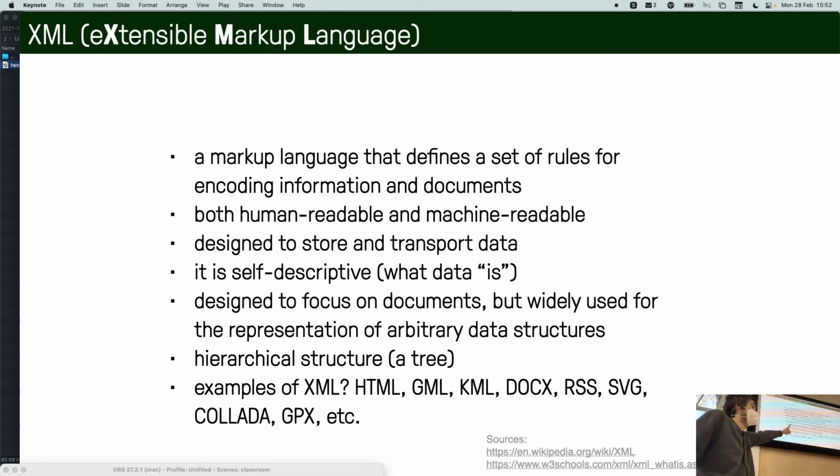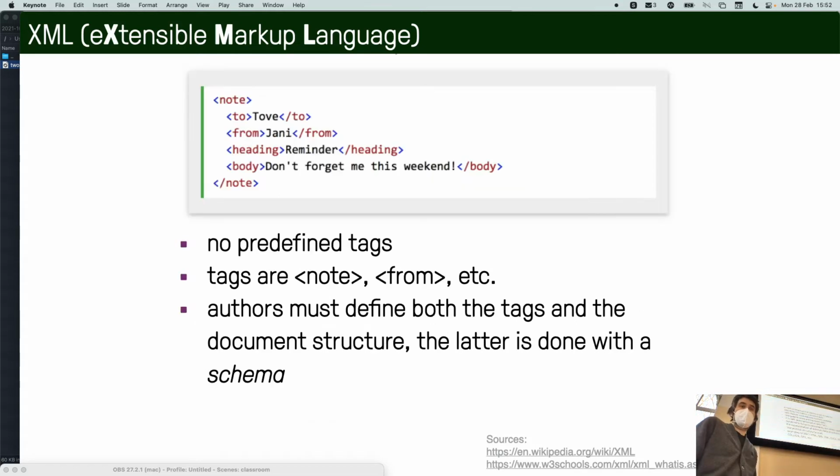So HTML, GML, the Geography Markup Language, KML, the Keyhole Markup Language that is used on Google Earth. A lot of formats like the doc or Word format, if you add an X, it's because it's an implementation of XML, RSS, SVG, and so on. There are many. So it's still used a lot, but it's a bit more complex, and most APIs are mostly using JSON these days.